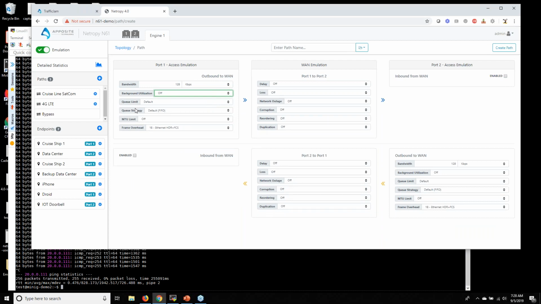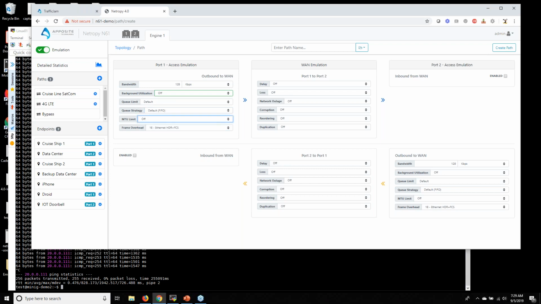Okay, so queue limit, queue strategy, and framing overhead, these are all layer 2 Ethernet impairments. These are just different settings that you can set. On the Ethernet side of things, I won't jump too far into that unless someone wants me to. Most of our customers don't touch this unless they are switching and routing companies.